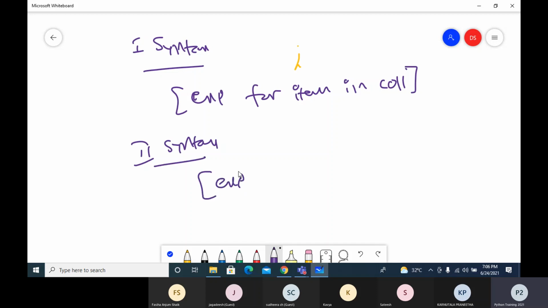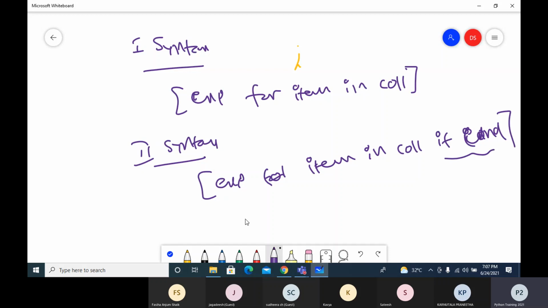So expression for item in some collection, if some condition with the item. Only when the condition is satisfied the item is selected, otherwise the item is not going to be selected.